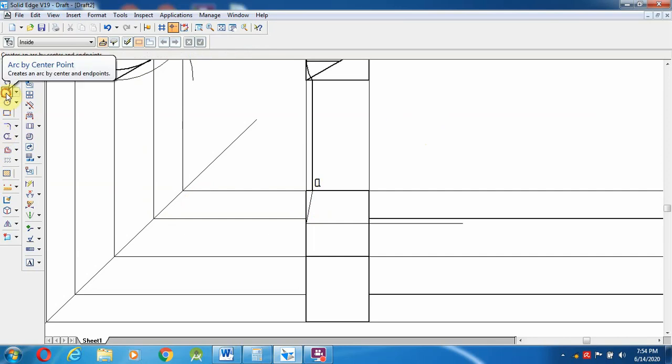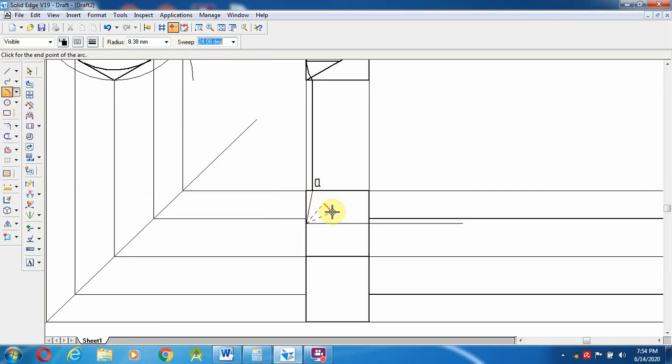Now select a center. Okay, so 10.57 divided by 2, it is 5.29. So now what to do, select an R 5.27, and more than that line I am going to select 8.38. So from here one more arc, one arc I am going to draw, with the same length, 8.38.